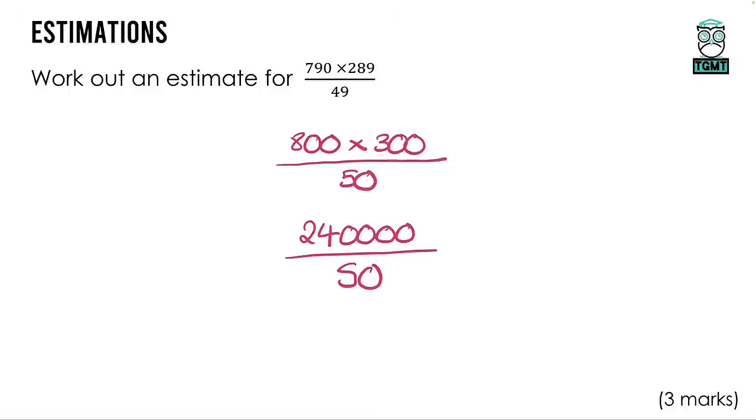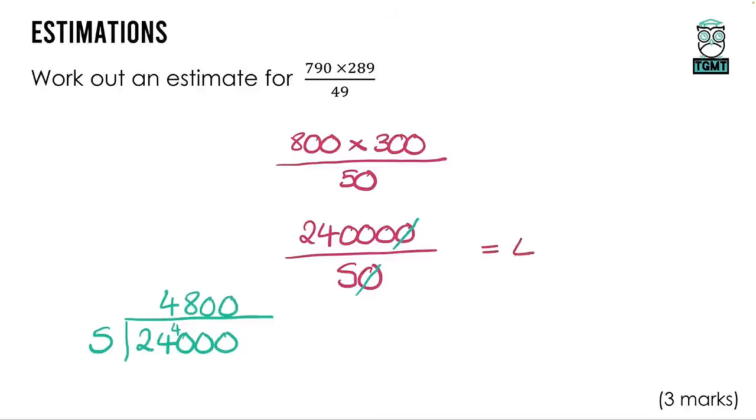Now when we are dividing, we can apply a little bit of a nice method here because we can cancel off a 0 on the top and the bottom, and then for that division there we're going to need to use bus stop division. So just to the side we'll do 5 into 24,000. 5 doesn't go into 2, so we'll go 5 into 24, which goes 4 times, remainder 4. 5 goes into 40, 8 times, and then we have our 2 zeros at the end. So our estimation for this calculation is